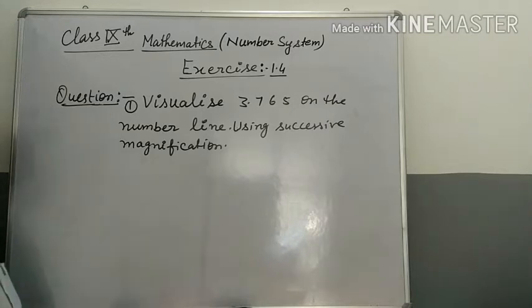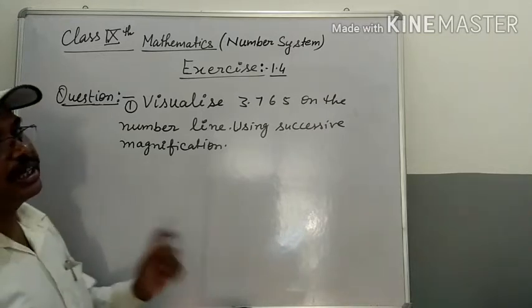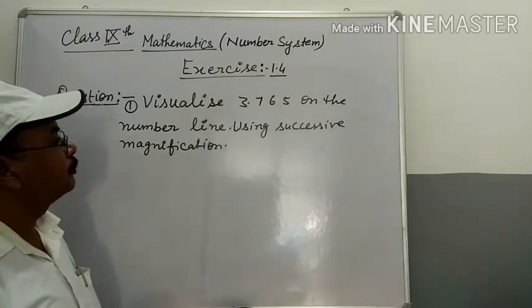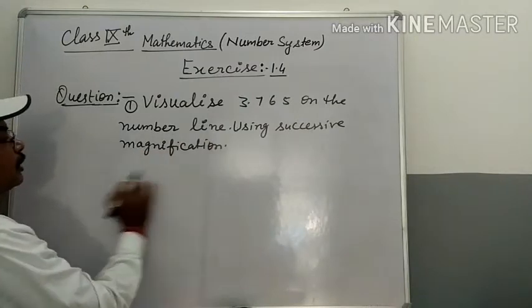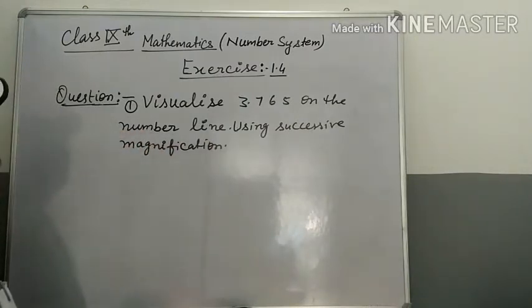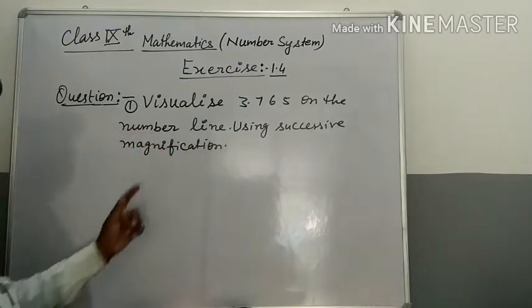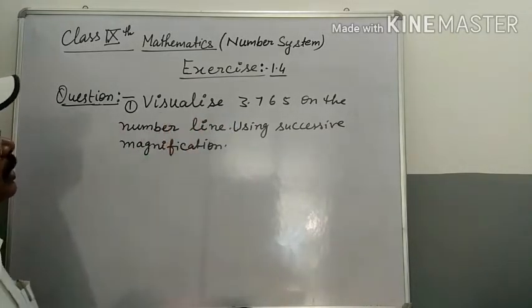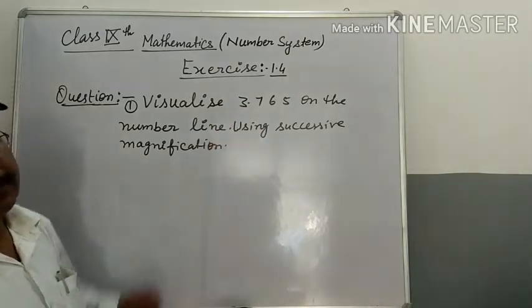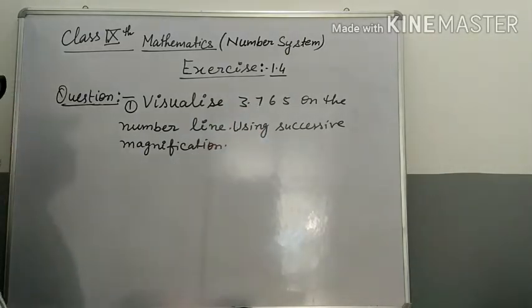Students, on the number line, by doing successive magnification, we visualize this number. How do we do this? Let's start, students. We know that